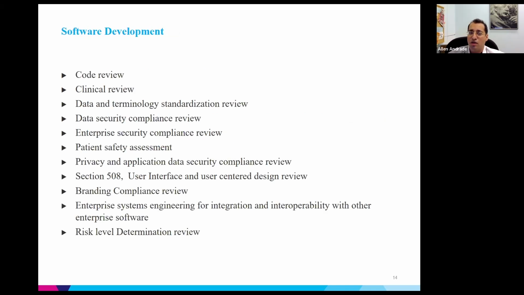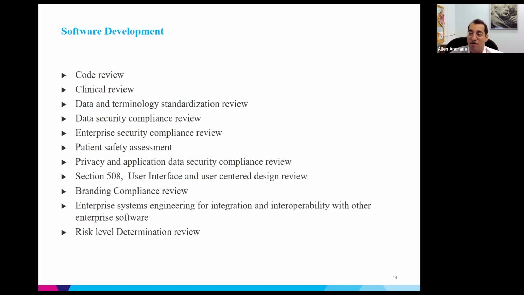So when it comes to creating digital applications, it is now much more involved and time consuming, because not only do you have to do the code review, you have to ensure that the clinical content you're providing has been reviewed thoroughly and is applicable to the audience or the patients you're trying to serve. You have to make sure that the data you collect and the terms used are reviewed and standardized, that whatever information is collected has data security, privacy, and compliance, that there's an enterprise level review of